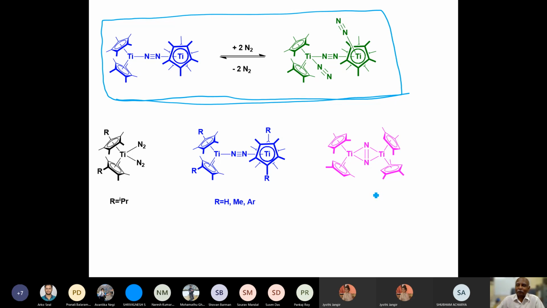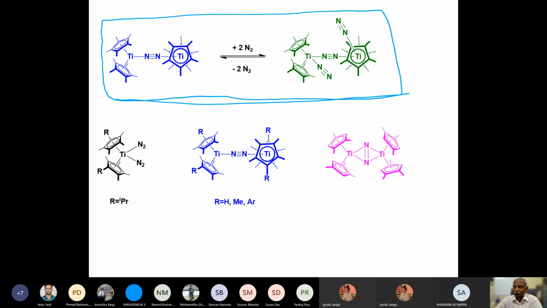So this type of an equilibrium tells you, first of all, that the bond energy is very small. Secondly, I forget, I should put down the temperature at which this was done, but the pressure was what made the difference, and they could detect it using NMR. And the substituent on the cyclopentadienyl group is sufficient to tilt the balance in favor of one or the other.